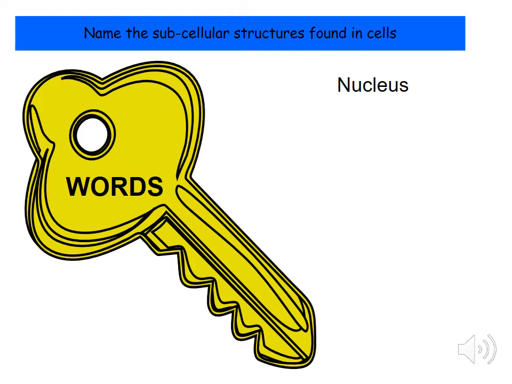So we have got nucleus, which controls the cell and contains all the genetic information of that cell. You've got cell membrane, which goes around the cell and controls what can go in and out of it. You've then got a cytoplasm, which is where all the chemical reactions take place. This is like a jelly-like substance within the cell membrane. Those three structures are all found in both plant and animal cells,